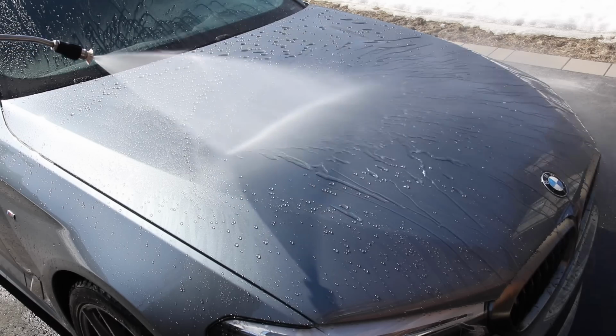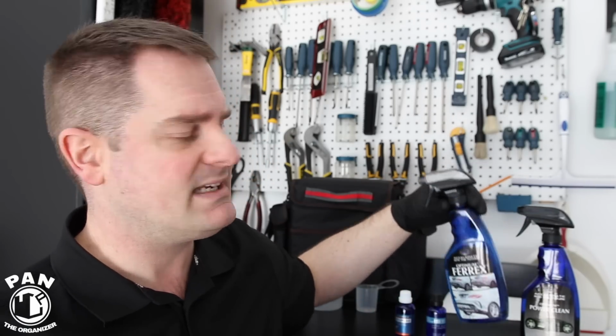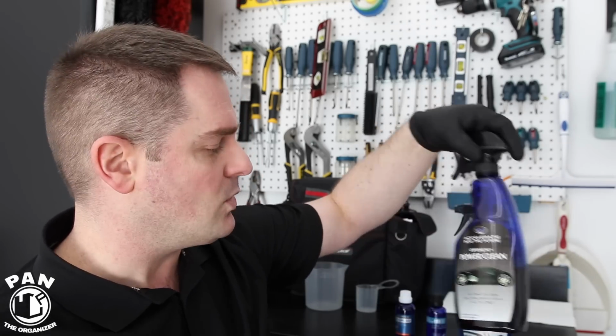So today we're going to see the durability. Is it still there? Is it still fighting off water? How are the hydrophobic properties, water beading, and more importantly, water sheeting? Also, we're going to test some very strong chemicals to see how it resists chemicals. Stuff like an iron remover, and also a very powerful cleaner degreaser. We're going to see how it resists those chemicals and how the water behavior is after all those